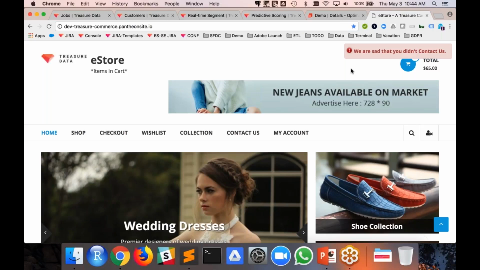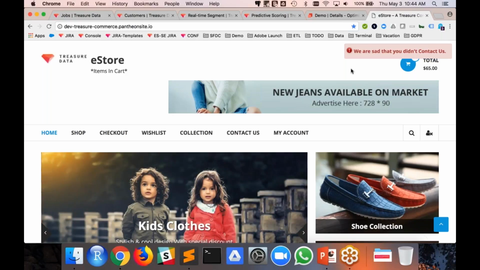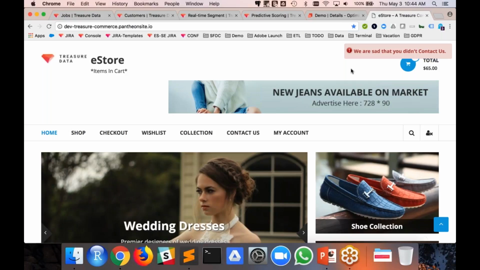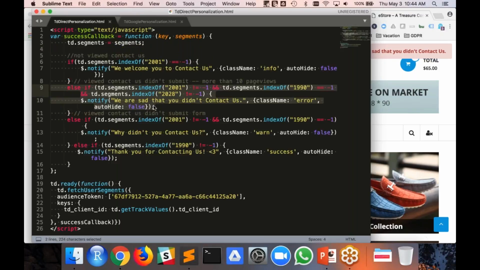This is our sales engineer test site. So we actually have a lot of tools on this site, too many tools, because we're testing it out and we do development against it. This one here is actually this exact code right here. I pulled it from the website. So this is just using JavaScript and the jQuery library, and then the Treasure Data library.